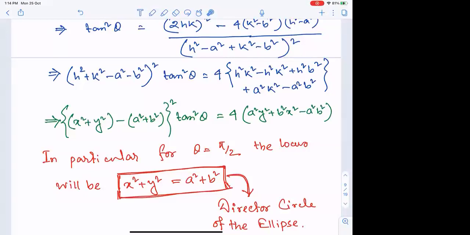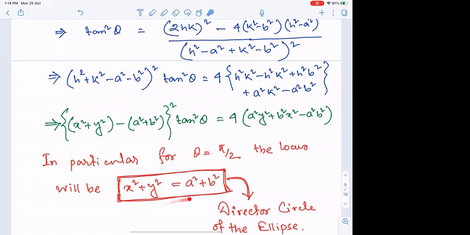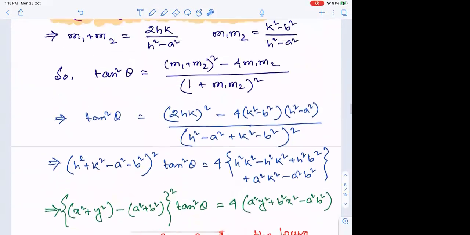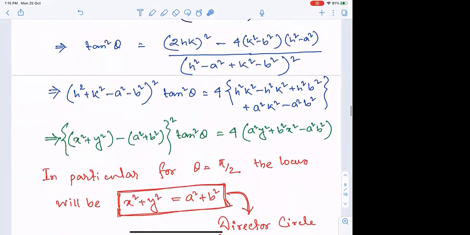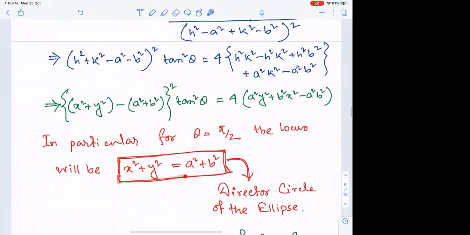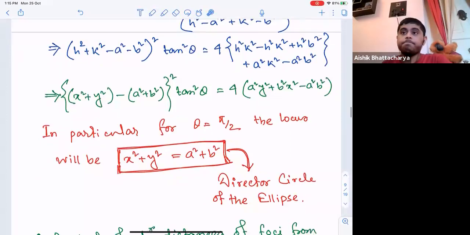So we have this director circle, and we can also think of the alternate description already discussed, the same locus without targeting the final outcome. We can simply look into the product of the roots, and for perpendicularity of the tangents, m1 m2 is -1. So even from there, we can directly get to this director circle. Right, everyone? Yes, sir. Okay.